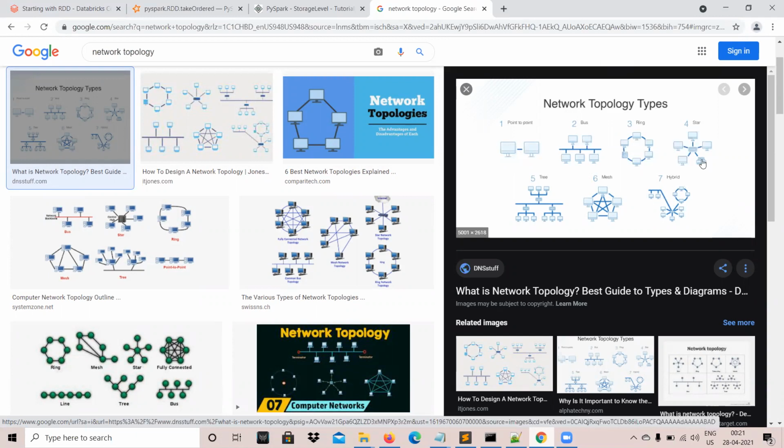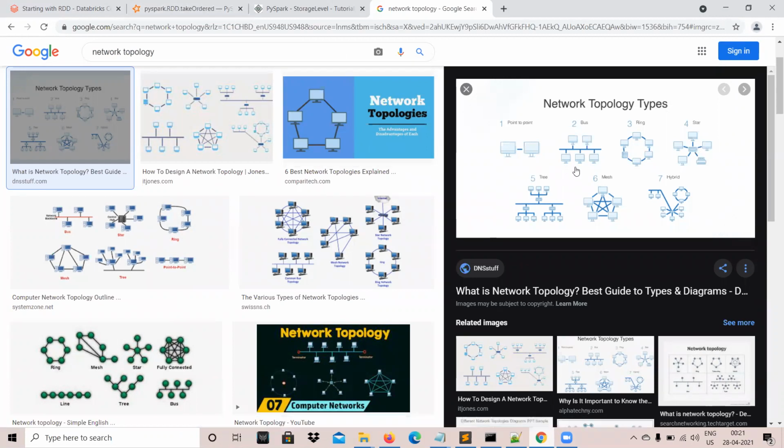So here basically we are using star topology. We have one master node and all worker nodes are connected to that, isn't it? So that's the star topology. The point we want to make here is that all worker programs are getting executed by these worker machines, and if they return some value, like actions are the triggering point.